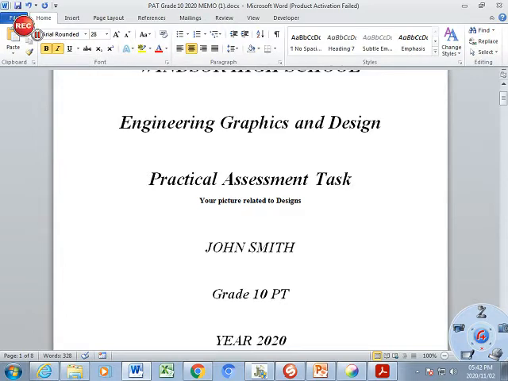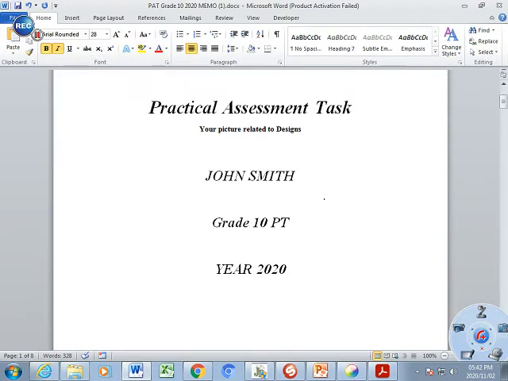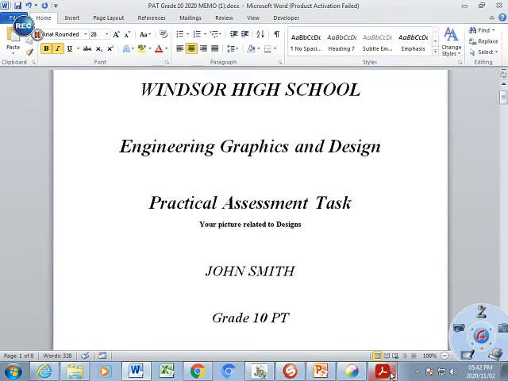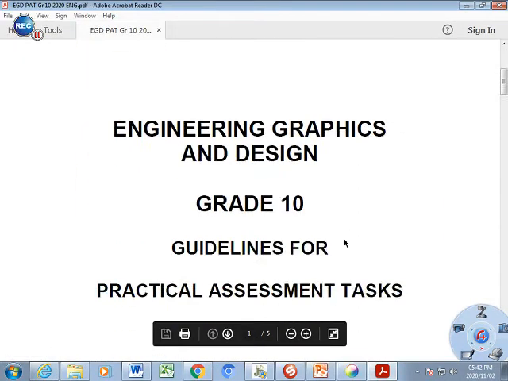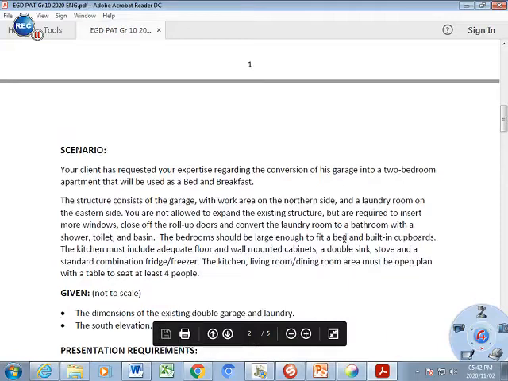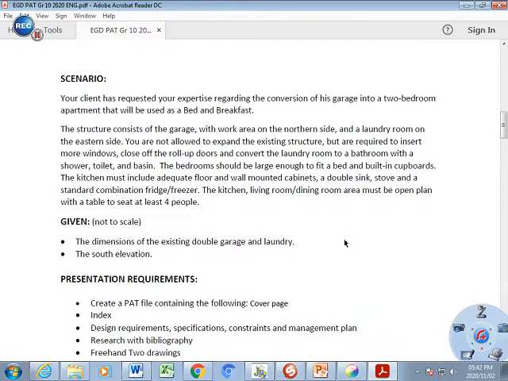I would suggest that you download it onto a PC, because the first part is PC work on your computer, and then we are going to look at the second part very soon. So I want to go to this PDF document, and then if you look at the scenario that's given, I want to read,